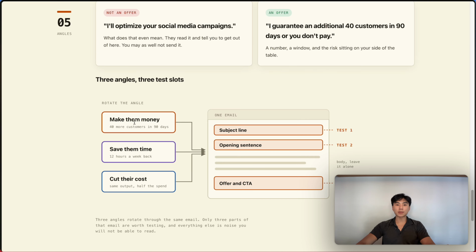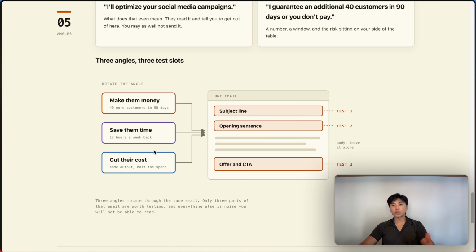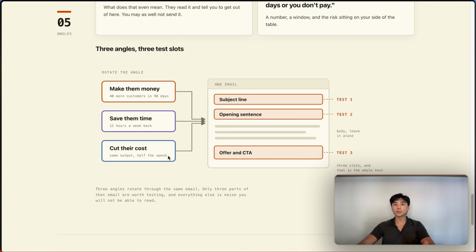So if you say, hey, I can make you 40 customers in 90 days, or, hey, I can save you the time of how long it takes. I know it takes you 25 hours a week to manage your social media campaigns. I can do this. Or, hey, I know that you spend $5,000 on your advertising a month. We'll handle all of that and see what combination of different offers and messaging resonates with your audience to find